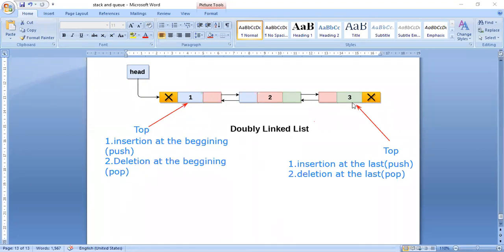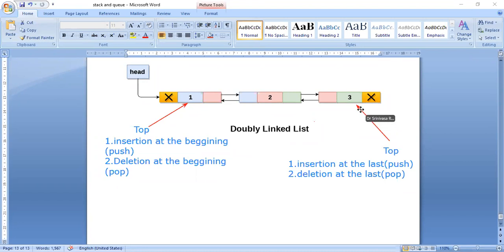So in the same way, if I consider the same thing, insertion at the last, if I consider inserting a node at the last of a double linked list, you can see here.